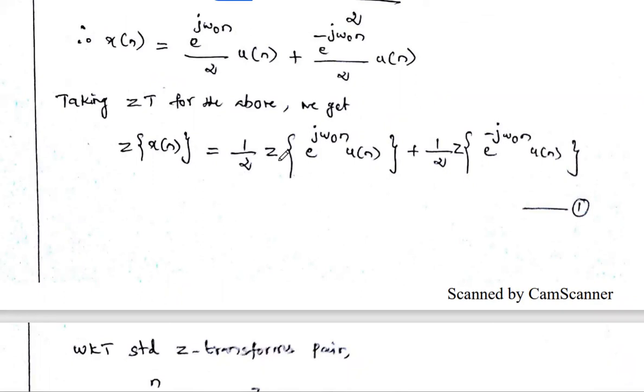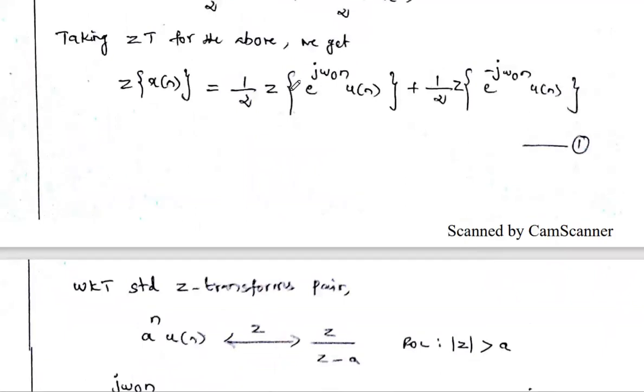So now we have to calculate the Z transform of e power j omega naught n u of n separately and the Z transform of e power minus j omega naught n u of n separately, and we substitute those Z transform answers in this equation, and we will get the total Z transform value. Okay, so first we are going to find the Z transform of e power j omega naught n u of n. We may use two different methods. One is using the standard Z transform formula, substituting this x of n value and finding it out. That is one method.